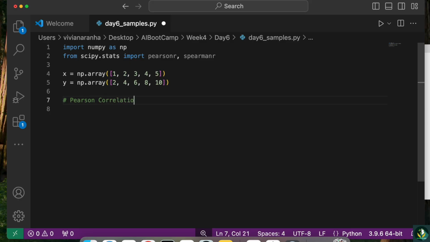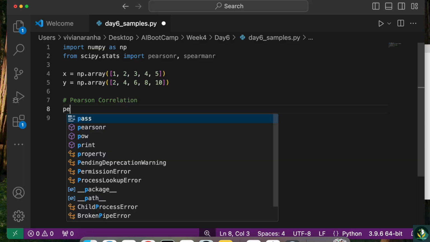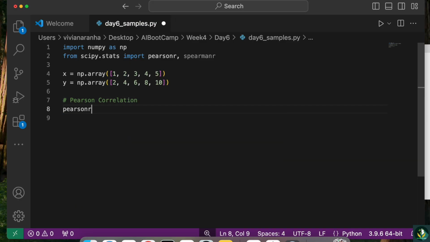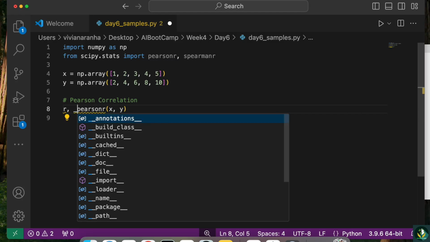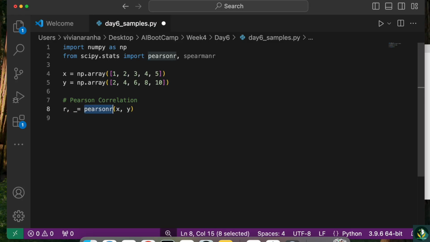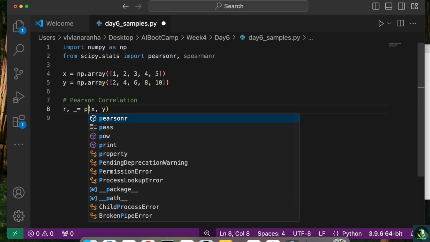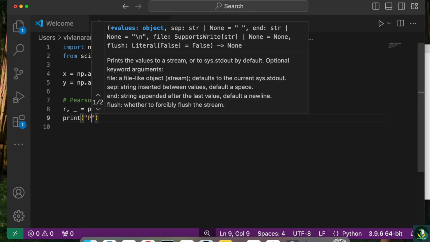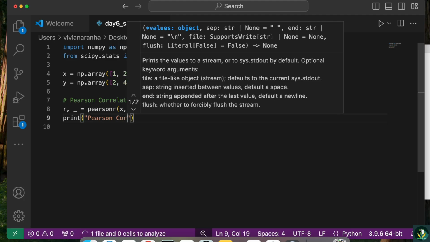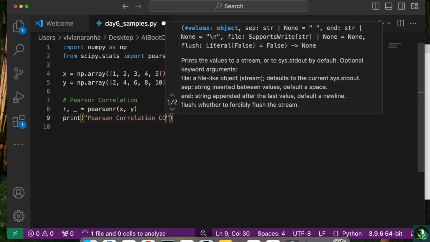We can just call pearsonr and pass it x and y, and this will give us r, comma, underscore, since we don't care about the second value. Next, let's go ahead and print Pearson correlation coefficient,